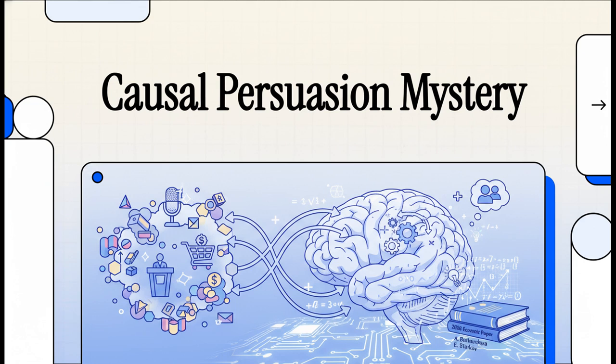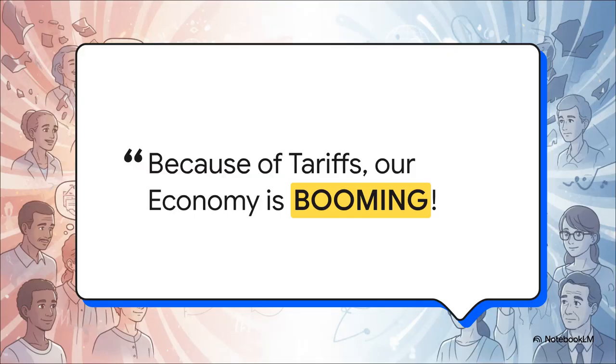We're going to neutrally examine the precise mathematical mechanics behind how the media, politicians, and even advertisers use math to literally shape our reality. Think about it. From political claims on Truth Social to Snickers commercials, we are constantly bombarded by narratives that just confidently link cause and effect. A headline might scream, "Why investors are worried about Japan's bond market," or an ad tells you that eating their specific candy bar will instantly change your mood.